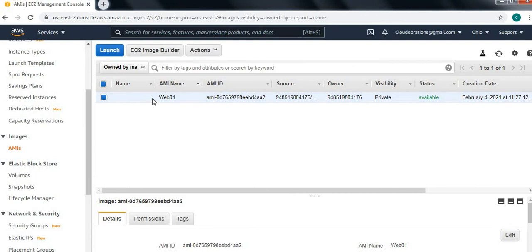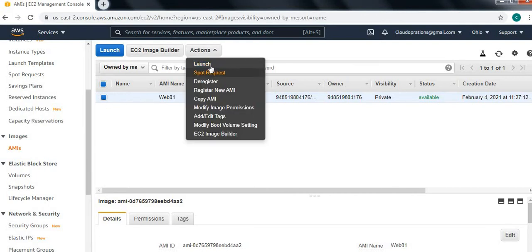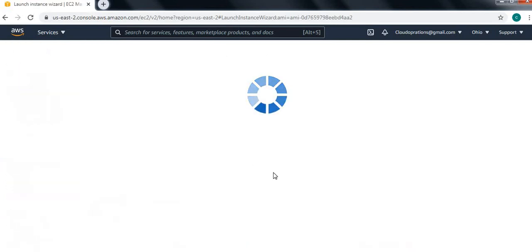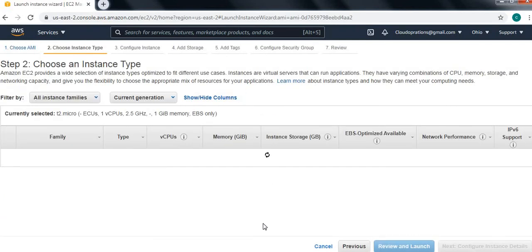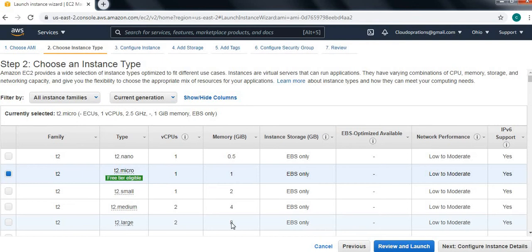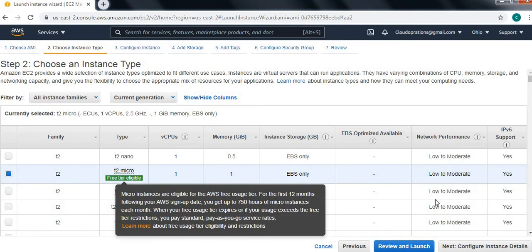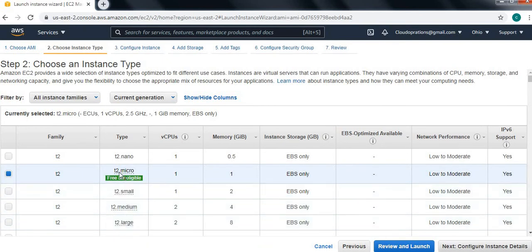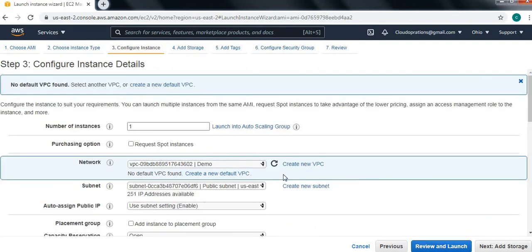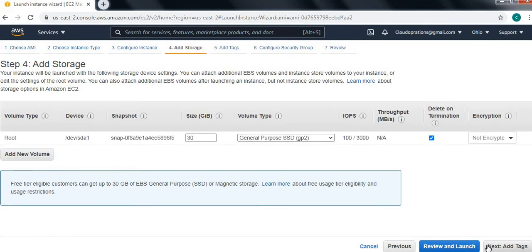It's very simple, guys. Just select your AMI, go to action, click on launch. It will show you the instance type, which is nothing but the AMI we created. Simply select that one, go to next, instance details, go to next, next.